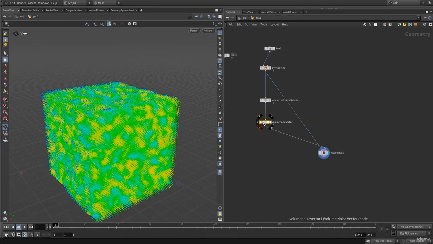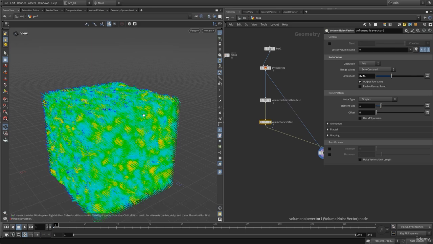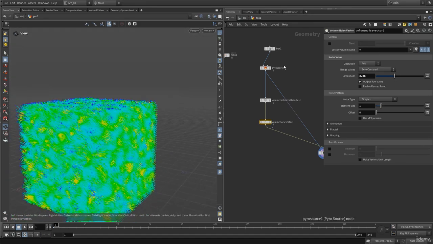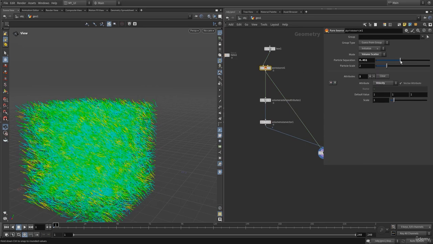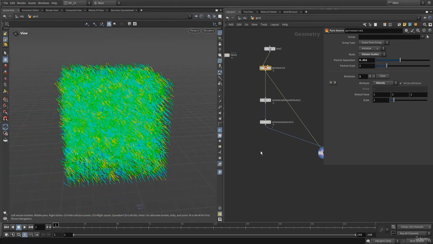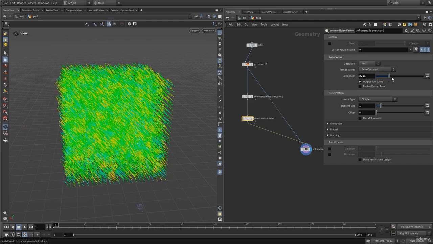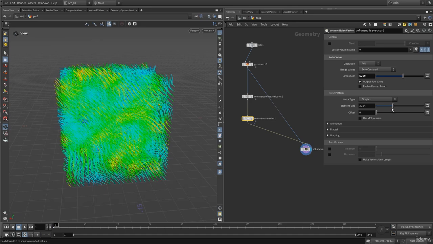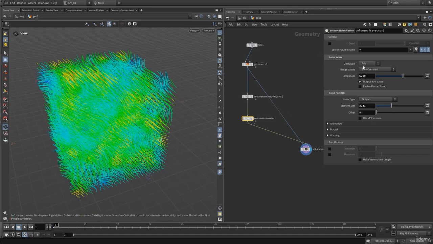And in the velocity volume, I can play around with the amplitude, and here as you can see, I am creating noised up velocities. And right now I think we are dealing with more points. I'm going to just increase the particle separation to create fewer of these points to have faster feedback. Let's go into the volume vector, and in here we can adjust the amplitude. I can play around with the element size, and right now the operation onto the noise is set to add,